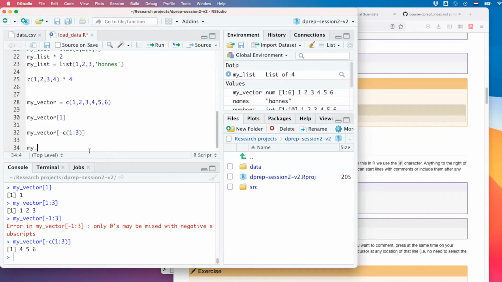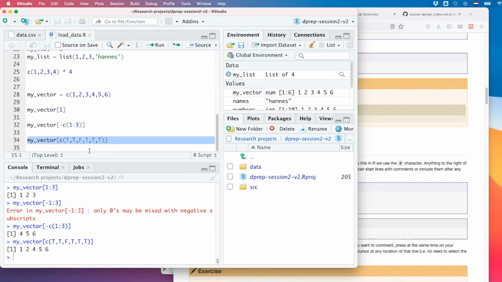An alternative way to find stuff in your elements is saying which elements you want to see and which not. So suppose I say, I want to see this one, true, I want to see this one, true, I don't want to see this one, and I want to see the last 3 ones. We'll index it with a Boolean vector, with a vector of yeses and nos.